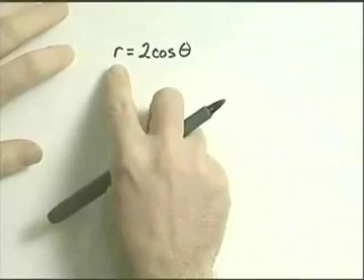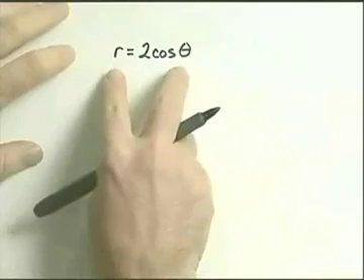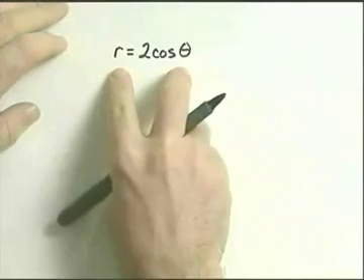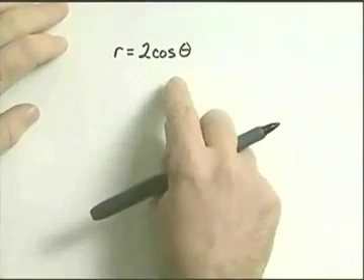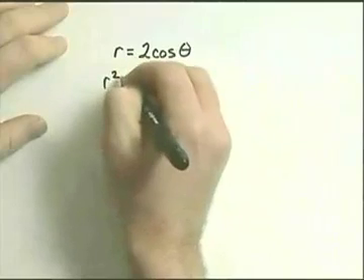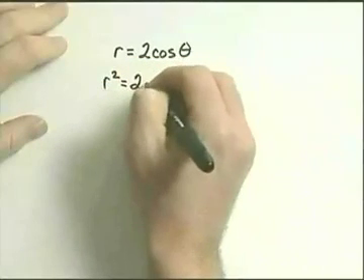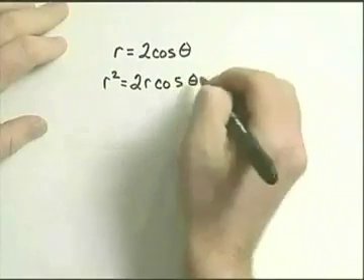In this next problem, we're going to transform an equation that is in polar form to an equation in rectangular form. The equation that we have is r equals 2 cosine of theta. To transform this equation, what I'm going to do is multiply both sides of the equation by r. The expression on the left becomes r squared, and on the right I end up with 2r cosine of